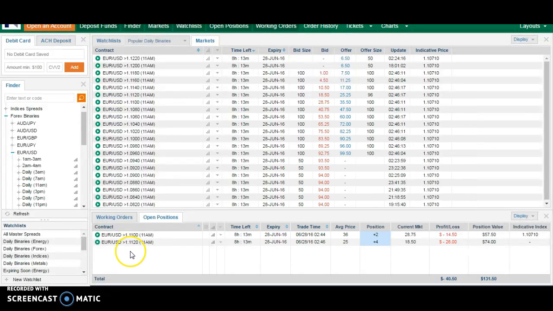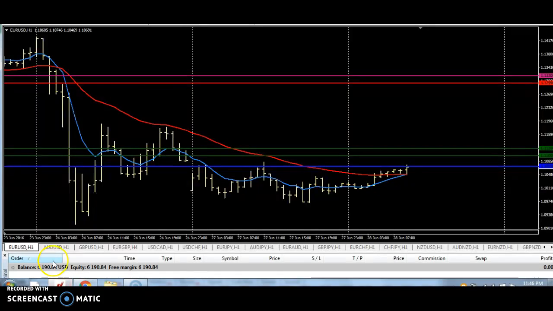Okay. And there's our orders right there. This is our value right here, and this is the spread basically right now. Keep an eye on this, because you don't have to hit the at the money to be in profit on Nadex. Okay. So we'll go back to my chart and let's take a look at some other